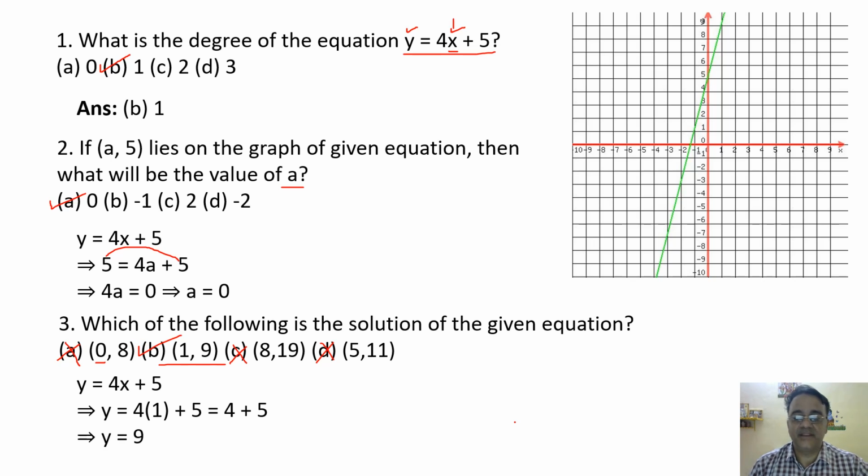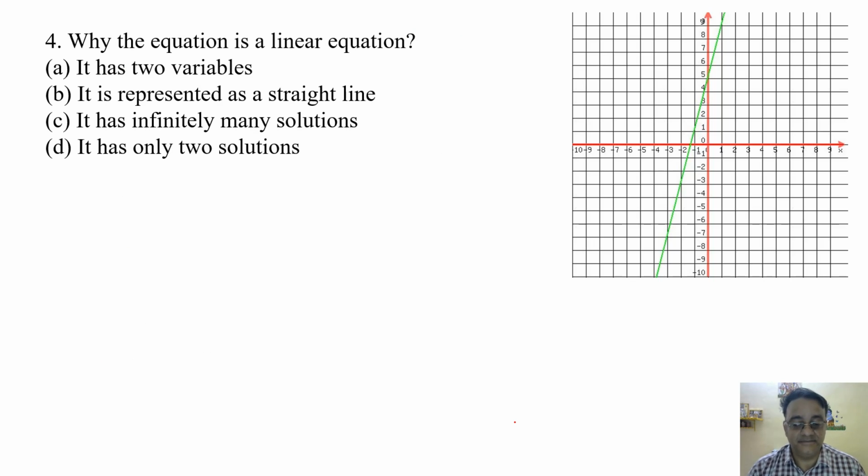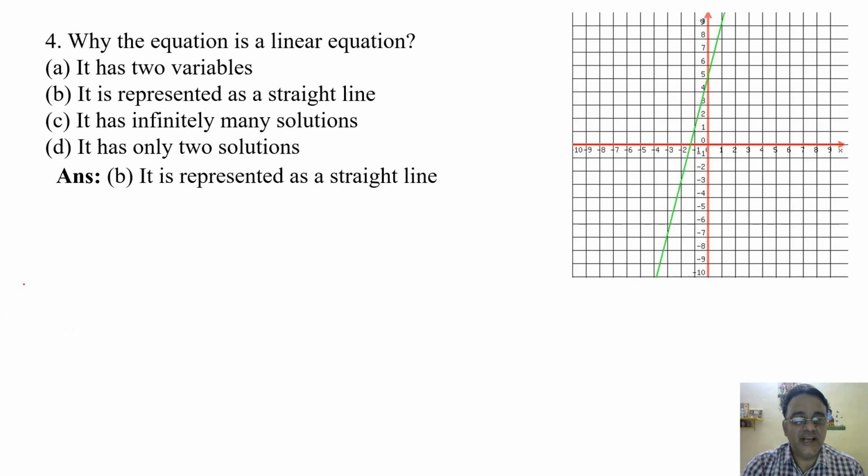Question number 3. Yes, sir. Right. Now we are moving toward question number 4. Why is the equation a linear equation? Linear equation क्यों बोल रहे हैं? क्योंकि it is represented as a straight line. ठीक है. लीनियर जो वर्ड है हम लोग स्ट्रेट लाइन के लिए यूज करते हैं. सो यहाँ पे जो करेक्ट ऑप्शन है ऑप्शन बी इज द करेक्ट आंसर. राइट, हियर डिग्री इज नॉट मेंशन एनीवेयर. सो द करेक्ट ऑप्शन इज दिस वन. इट इज रिप्रेजेंटेड एज ए स्ट्रेट लाइन. इज दैट क्लियर? इनफाइनेटली मेनी सॉल्यूशन भी है इसका आंसर, बट इट इज नॉट द करेक्ट रीजन फॉर लीनियर इक्वेशन.